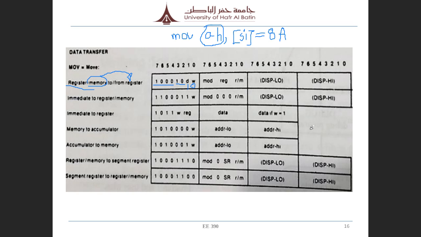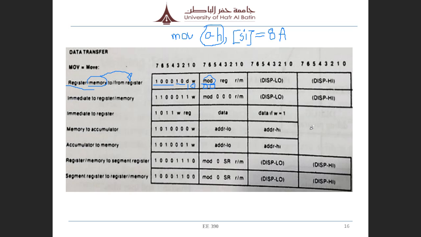Then it is about the mode. Look at here. As it is a register, it involves the memory. So that means memory mode, but without displacement. So that means no displacement follows. So what is the mode now? Mode will be 00, right? Mode will be 00. All right, and then